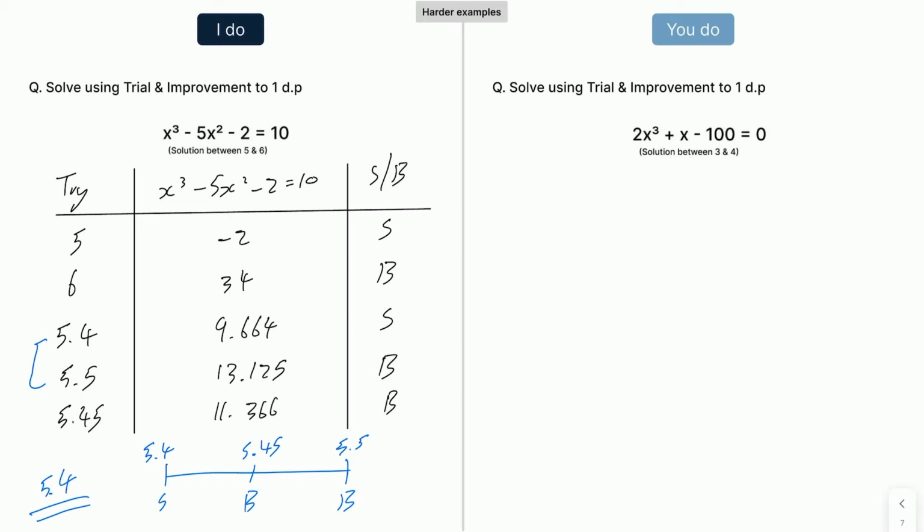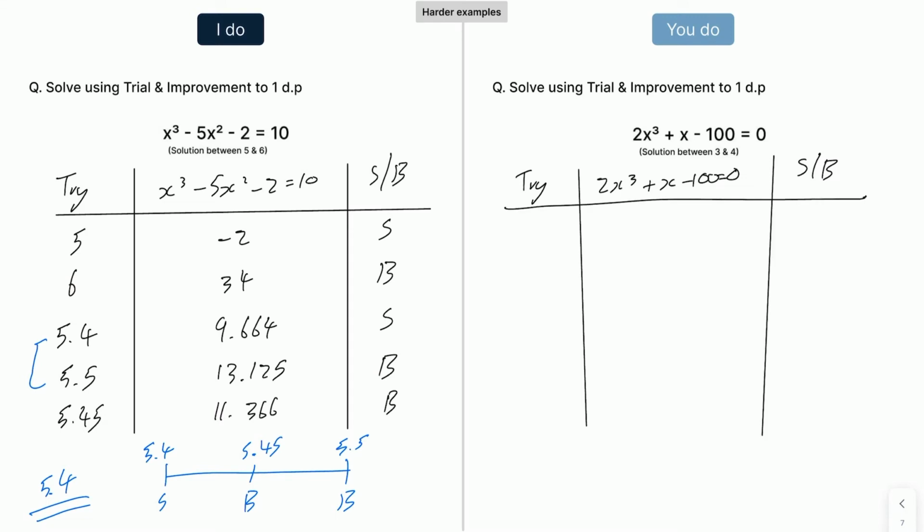So moving on to the next one. Again, hopefully you've pressed pause and had a go at this. So again, we're going to draw this out. So that's 2x cubed plus x minus 100 is equal to 0. We have small, big, line down here,